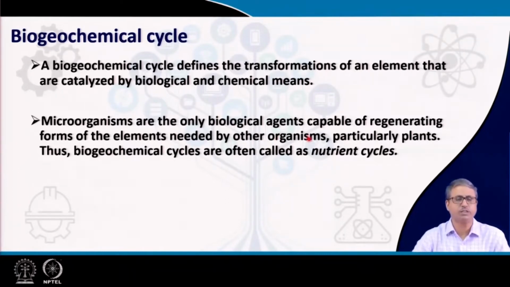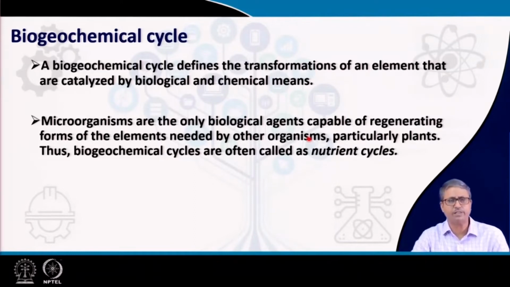So, they continuously transform the elements around them and regenerate the materials, in the sense that they regenerate the material in a form that is accessible to other organisms, particularly plants. For example, nitrogen. The atmospheric nitrogen is inert and cannot be assimilated by plant cells. So, it is the nitrogen fixing microorganisms who convert the nitrogen to ammonia, and the ammonia is released, or ammonia